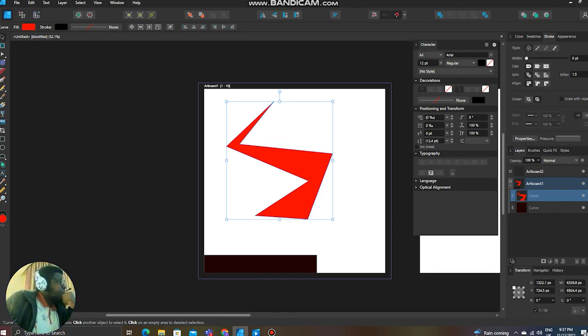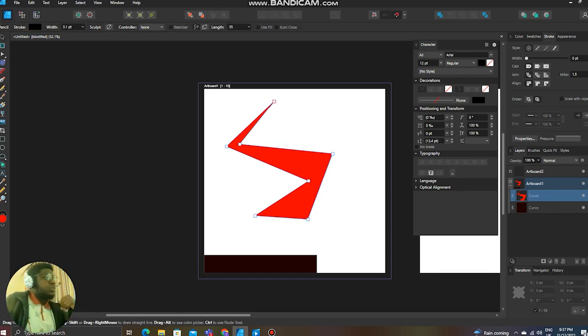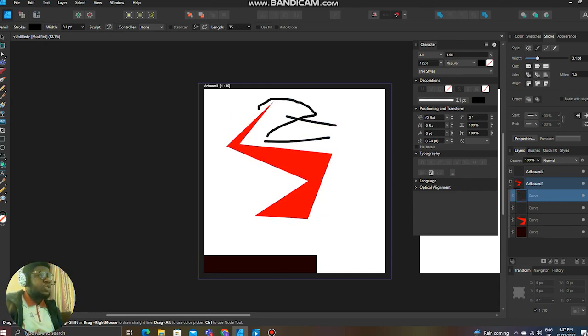So the next tool that we have here is the pencil tool. A bit different. So pencil tool is maybe if you are using a tablet, it makes it easier. But pen tool is more like you're using a mouse, you know. So this one is easy to just draw to the point and everything. You can always see the controller here. Now we want to make our drawing smoother. We can set it to automatic, right? And we can